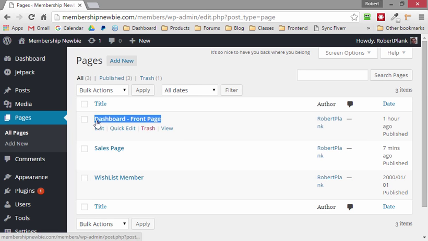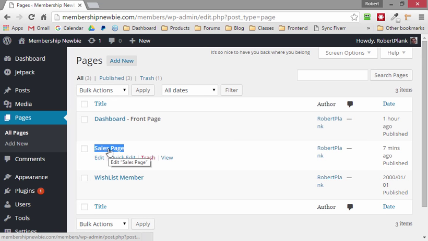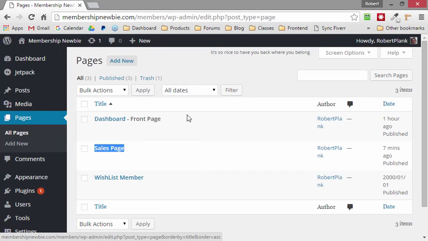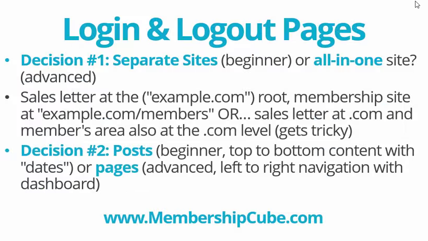See, here it is. Dashboard is protected, sales page is not protected. Sales page links to the different posts we have in our membership site. I hope that helped getting a handle on the structure of your